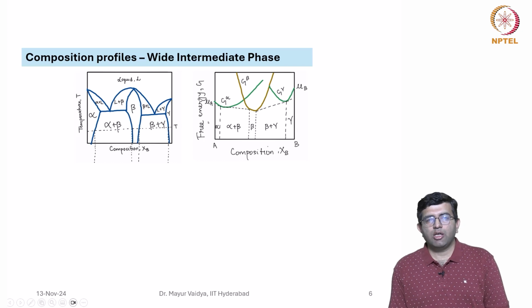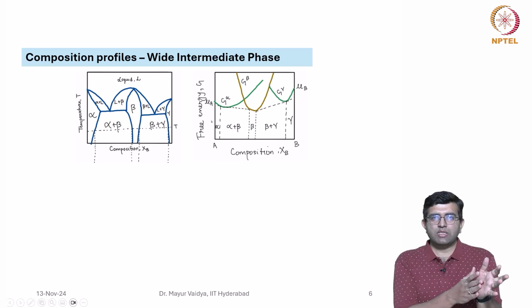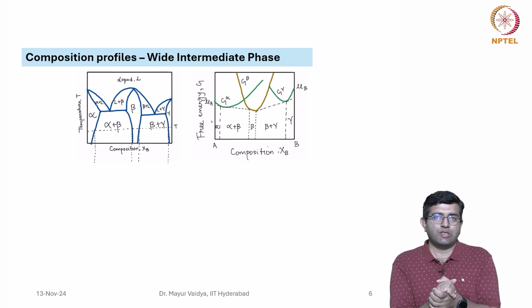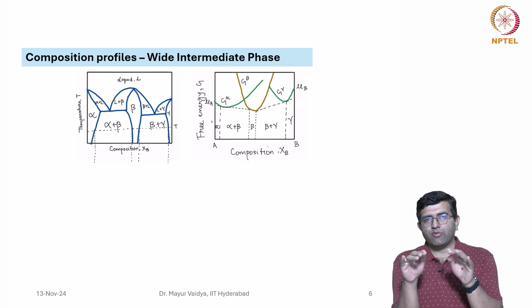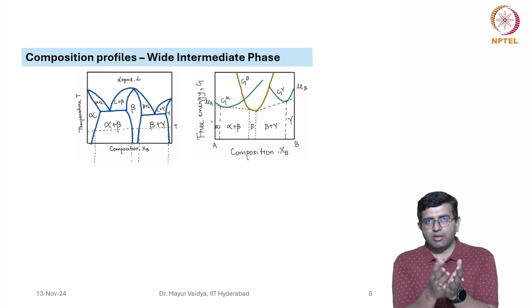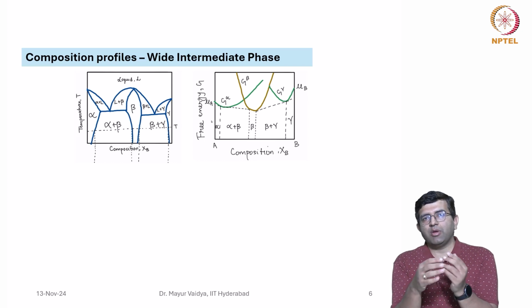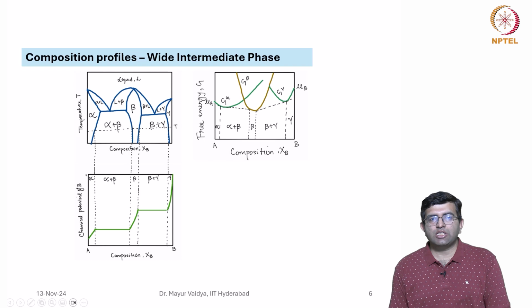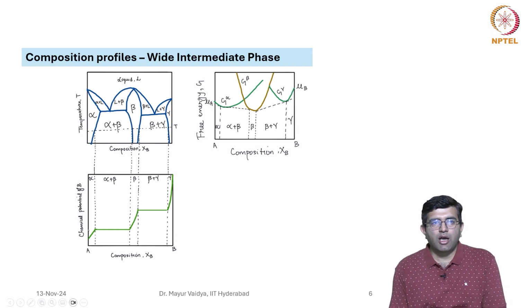Similarly, as is probably clear from the previous discussion, in any two-phase region the chemical potential is constant, because the chemical potential of any element A or B has to remain the same if the two phases exist together. So, if you sketch the variation of chemical potential, let us say of B,